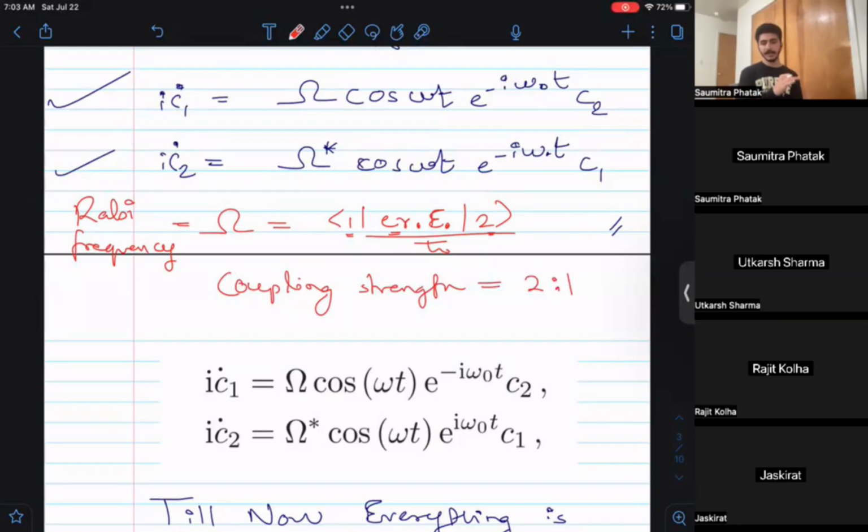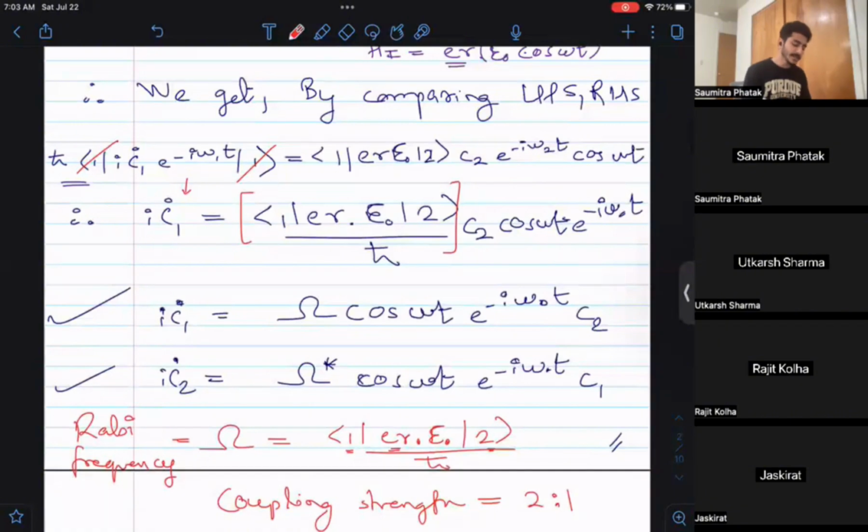So you take the transition matrix element and divide it by h bar, and that gives you the coupling strength. After simplification, by comparing the left and right hand side of the Schrodinger time dependent equation, what we get is i C1 dot is equal to capital omega, the Rabi frequency,